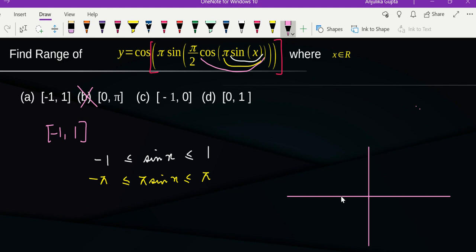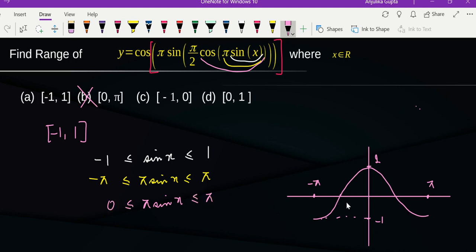If you concentrate on the cosine function, how does it look? This is your cosine function from -pi to pi, right? This is your -pi and this is your pi. It's an even function, right? So what range does it take? From -1 to 1. So even if I write this argument to be from 0 to pi and start taking my cosine, it doesn't matter, because here the whole range it is anyway taking.